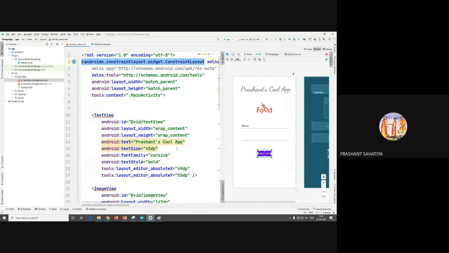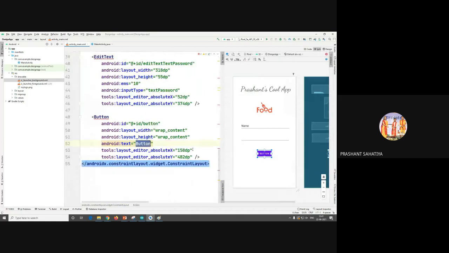I'll be in split portion. I'll change the text of it. I'll tell login here. Okay, so that is what. See, as soon as I am increasing the content, the height and width is changing. So why? Because I have given the wrap content. If I'm increasing the size like this, see, it is changing its width and height automatically because we have given this thing. If we restrict to some numbers, it will show that only.